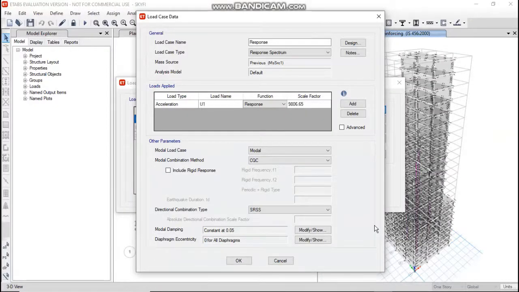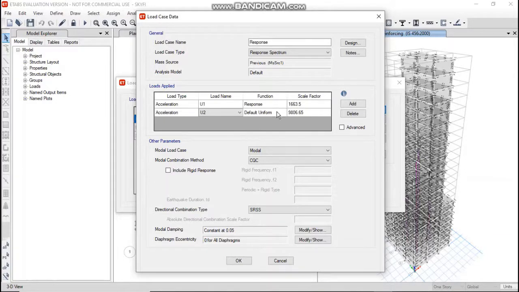So as shown in it, we will keep the scale factor as 1663.5. So add another one. Here the load name will be U2, which means the acceleration acting in the Y direction.